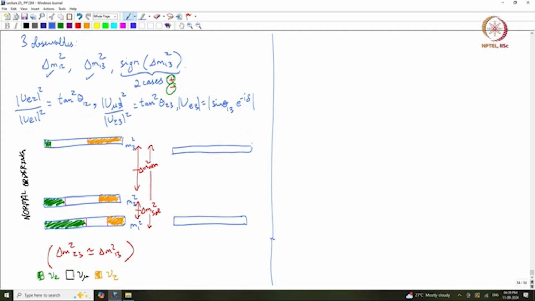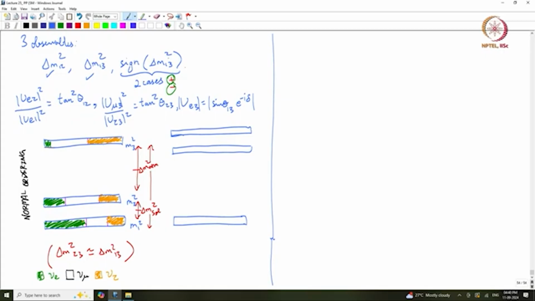Again, this picture is not to scale, these heights are not to scale. But anyway, I am trying to draw the separations to be roughly the same on both the left and the right. Okay. Now, in this inverted ordering,